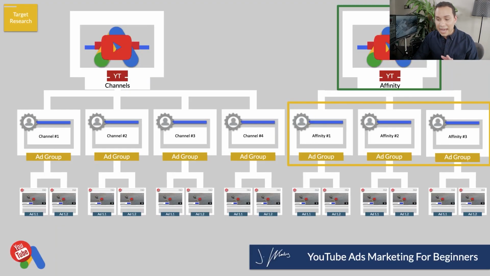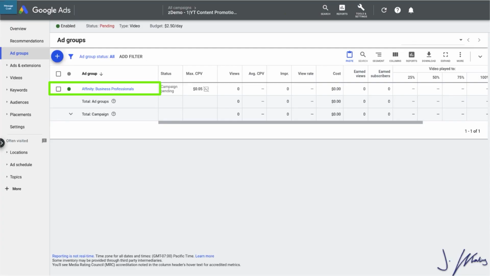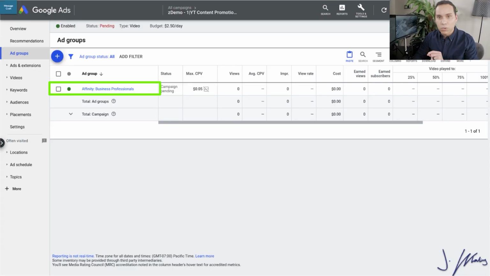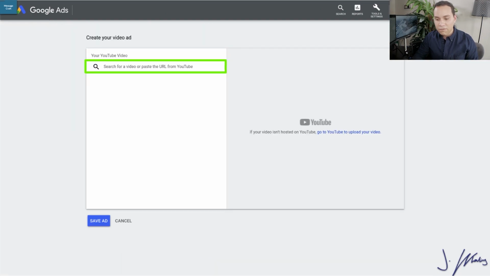And so with that, we have our ad groups completed, and the next step of the process is going to be choosing what videos to run. So let's go ahead and jump back over to our interface here, and we'll click on the ad group that we created. Now, the good news is you're only gonna have to go through creating your ads once, and I'll show you how you can copy them across all your other ad groups, even to other campaigns. So once we're inside of our ad group here, we'll see that there's no ads yet, so we can go ahead and click on the blue plus button to create our first ad.